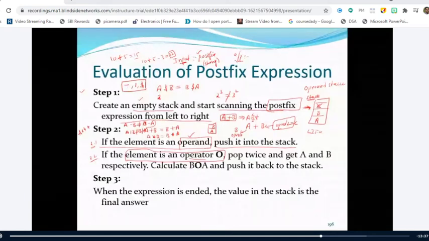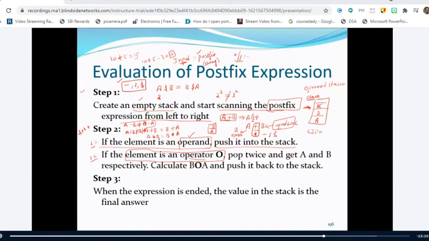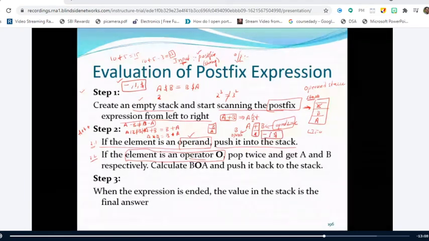That is the reason why whatever element you pop as the first one, you have to place it in operand 2, and whatever element you pop as the second one, you have to place it in operand 1. Then only you will get the correct answers for minus, division and dollar. Nothing goes wrong when you place them in operand 1 and operand 2 for plus and star. But you should be very careful with minus, division and dollar. That is the reason why we restrict our algorithm to place the first popped element inside operand 2 and then the next in operand 1.